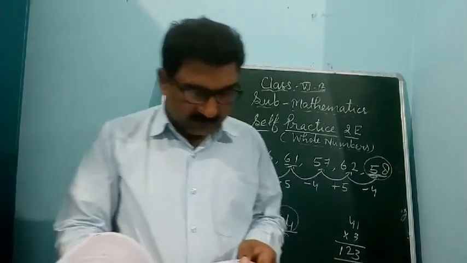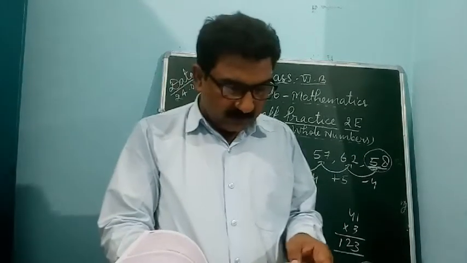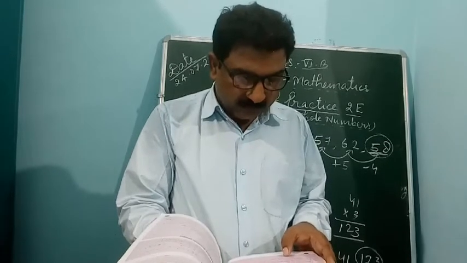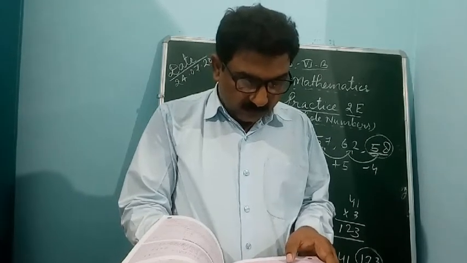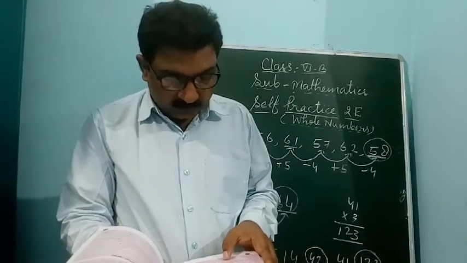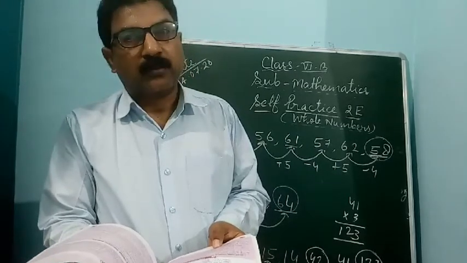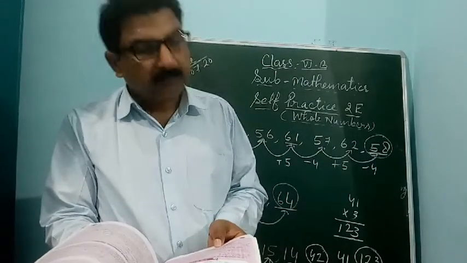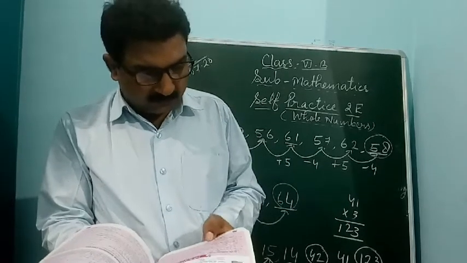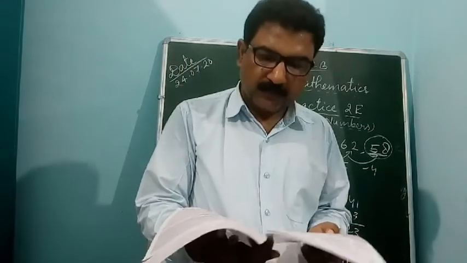And question number 3, it is very easy. Look at the patterns and write the next two steps. The results given are 10, 110, 1110. So 1, 1, and 2 ones plus 10, 3 ones, and next it will come 4 times 1 and 10, and next will come 5 times 1 and 10. So in the series you can see the pattern and you can do question number 3 yourself.